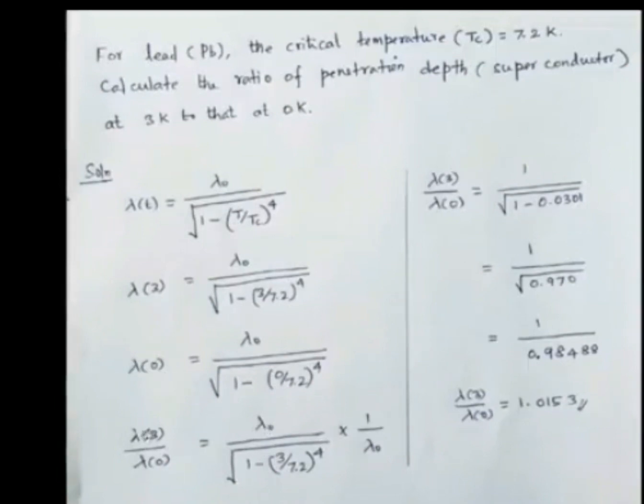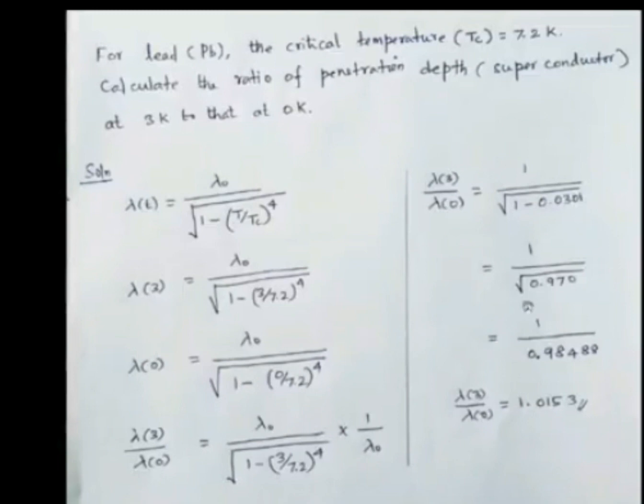Lambda 3 divided by lambda 0 is equal to lambda naught divided by root of 1 minus (3 by 7.2) power 4, into 1 by lambda naught. So now lambda of 3 divided by lambda of 0 is equal to 1 by root of 1 minus